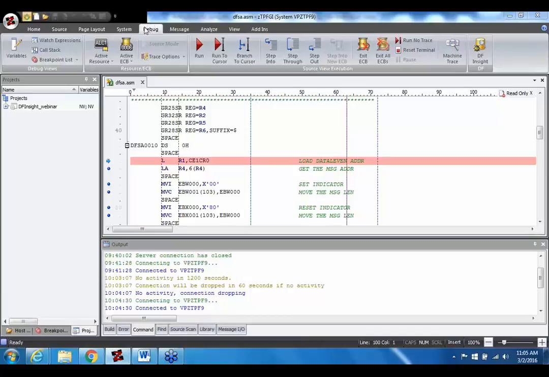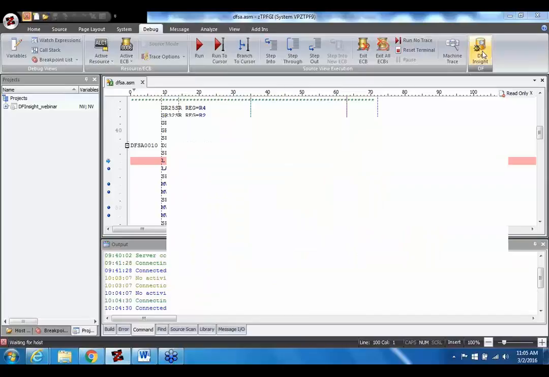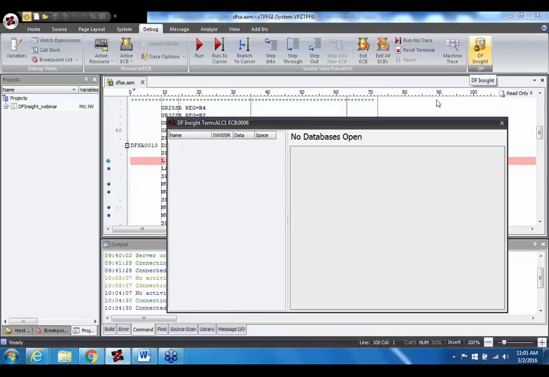Now, when we are on the source view trace, we see the debug tab is active. And in the debug tab, if we look at the right top, we see a DFInsight option. So doing a single click on it, you would get a DFInsight window. At this point, it says no databases open. It's obvious because we haven't accessed any database at this point, and we are at the starting point in the